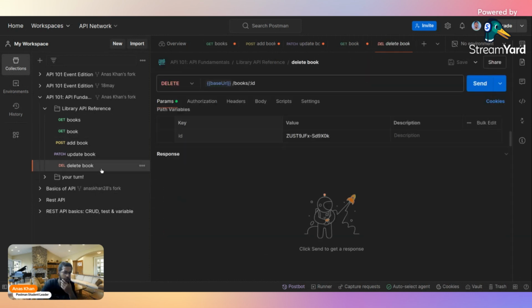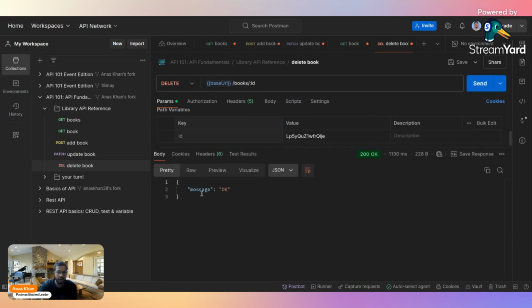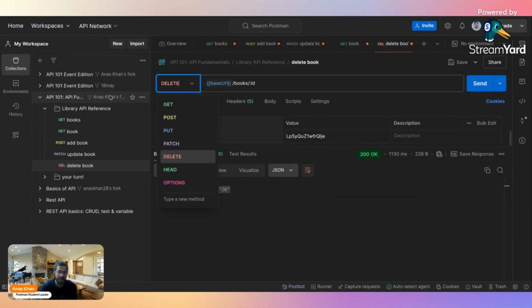If you want to delete, what if, yes okay, I have uploaded a book, now I want to delete it. So delete is the same. What do you want to do? You want to pass the ID. What ID? Unique ID of the book. And after that, when you click on send now, it will go and give you the message, okay, that yes, we have deleted the book.